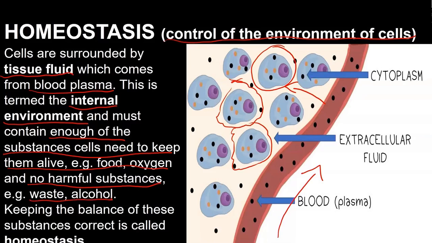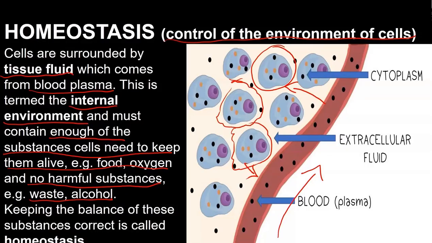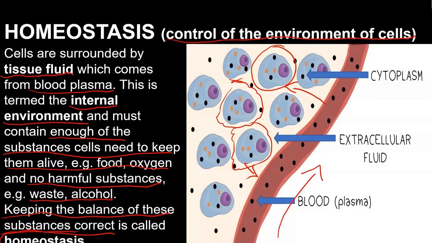Sometimes cells produce waste products. Those have got to get into the blood and be taken away. And you learnt about that this year when you learnt about the kidney, how the kidney takes the waste products out of the blood. Now, keeping the balance of these substances correct. In other words, is there enough food around the cells? Is there enough oxygen? Is there very little waste? Is the pH right? That is called